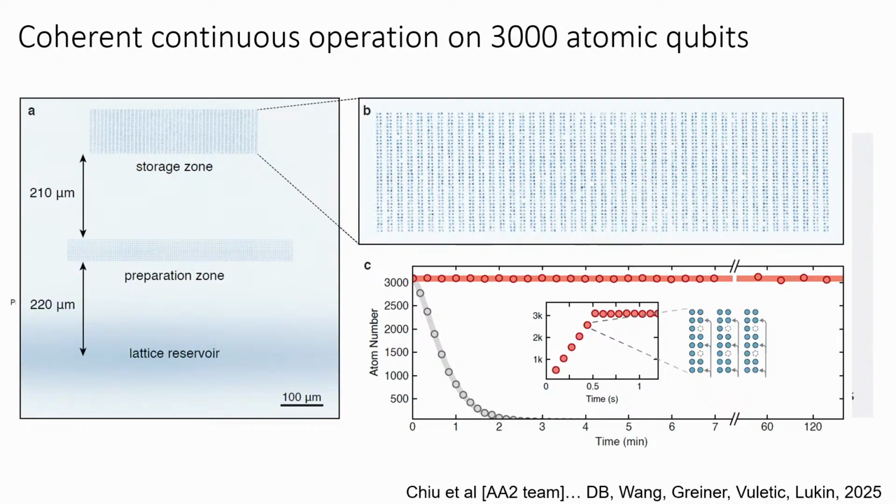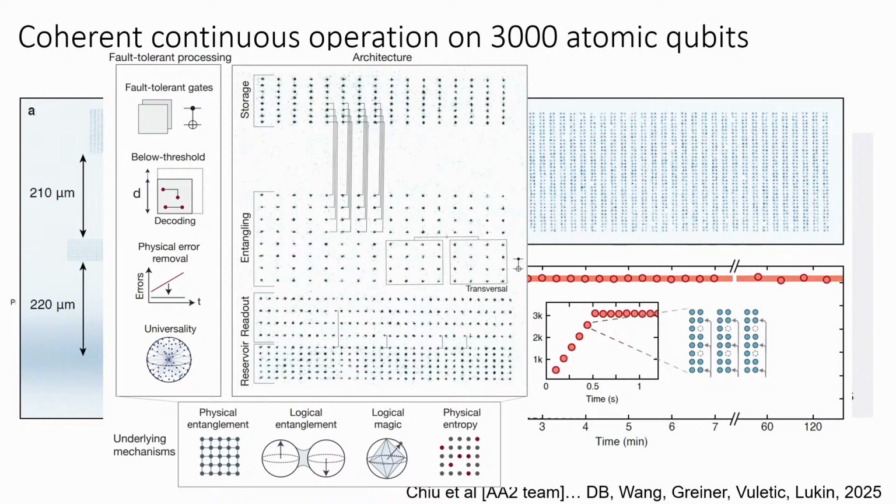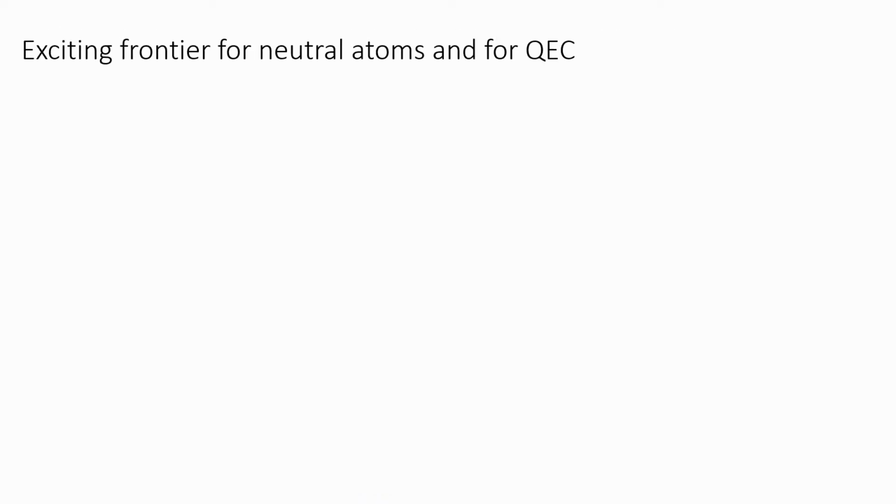And here with, again, these multiple different zones, loading atoms into preparation and storage zones, we see that we're able to maintain largely defect-free configurations of up to several thousand atoms, up to 3,000 atoms, for the scale of several hours. And here so far, these are not combined, but you can see kind of our understanding of how to do this fault-tolerant processing architecture. And here, the reloading rates that are achieved are significantly higher than what's required to replenish the atoms that are lost from the reservoir when we do these experiments.